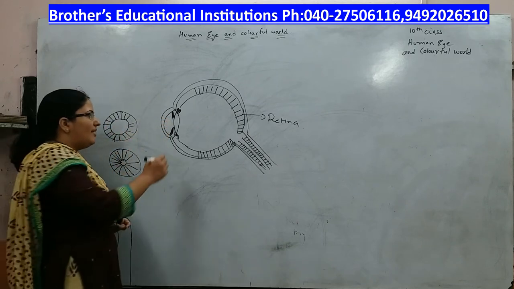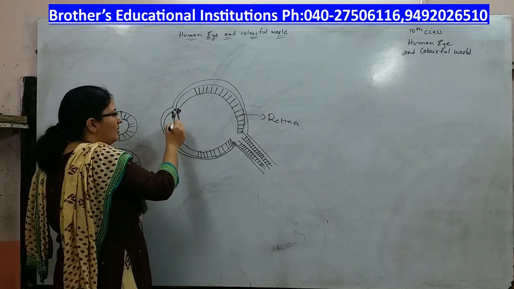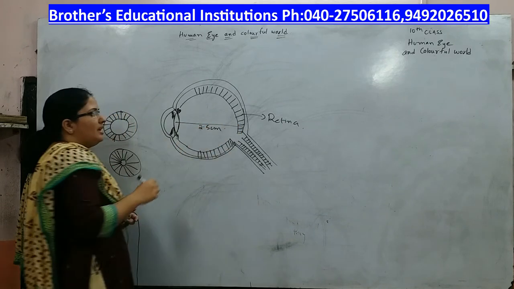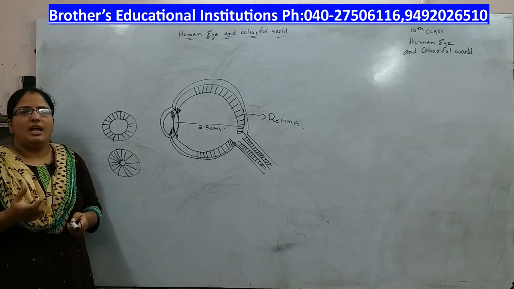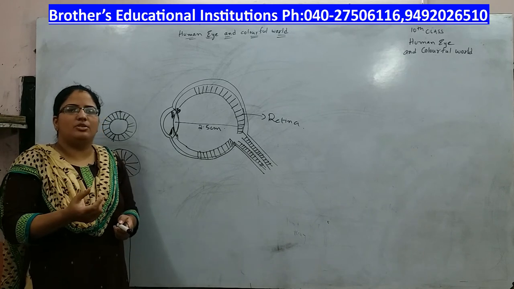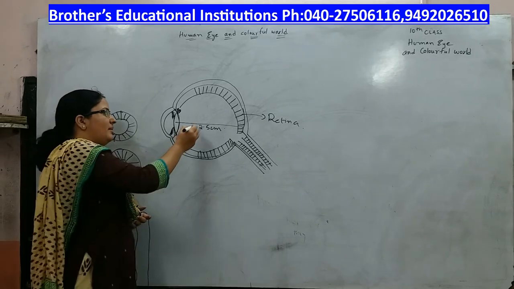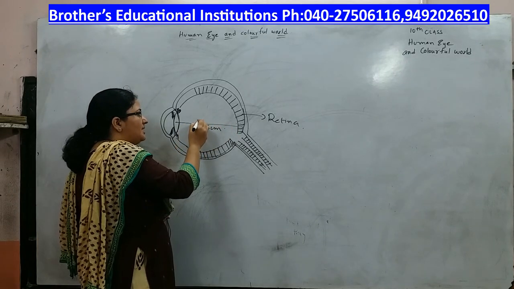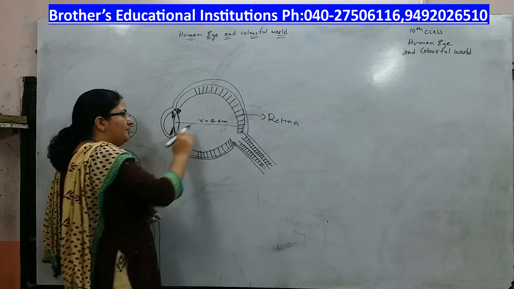Now, you have a convex lens in your eye. I told you, no matter where the object is, the image distance is always 2.5 centimeters. But actually, if you see the previous activities that we have done, as you change the position of the object, the position of the image also should change. But here in our eye, the image is always on the retina and the image distance is always 2.5 centimeters. How is this possible?